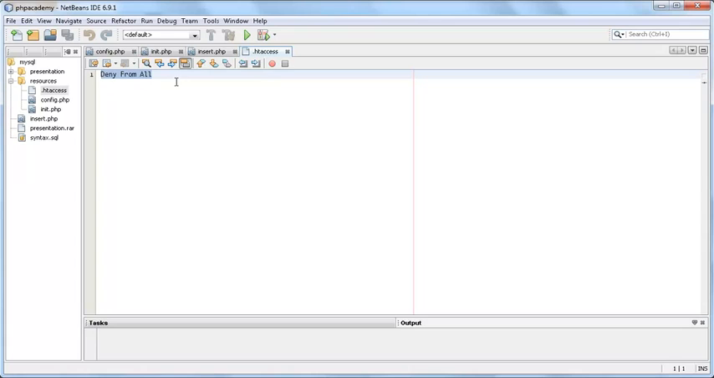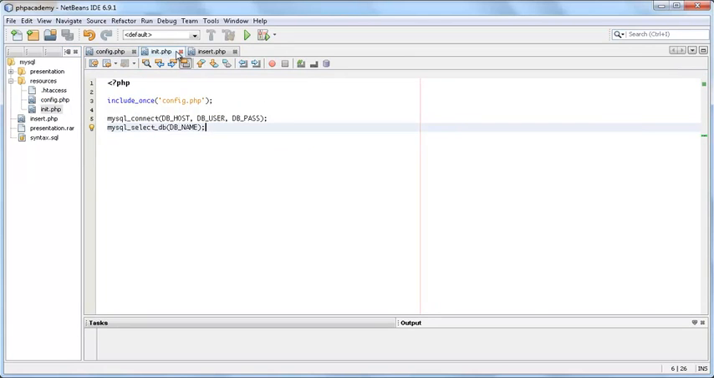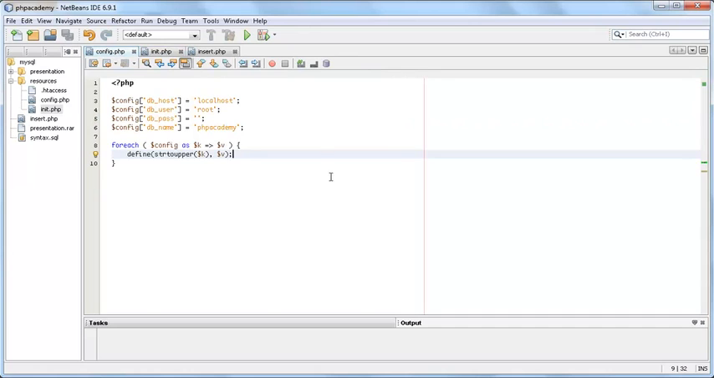This means that users cannot directly access any of the files in this resources directory, which is very useful for files like a configuration file and an initialization file. Cannot really pronounce that, so I'll just call it an init file. Anyway, here in config.php, what's really important here is